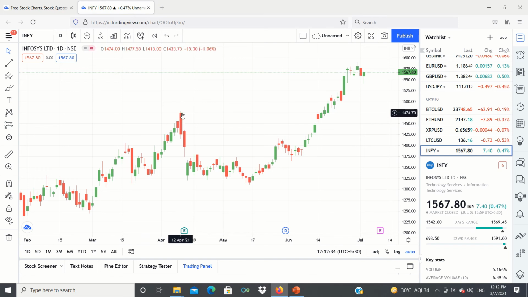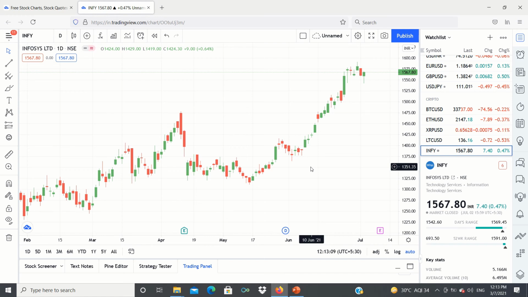Then again it made a high here, then another 2 red candles, again bearish, then some sideways movement here, then again it pulled up, then the red candles, then again from starting here it is almost bullish till this point except these 2 red candles. The reason why I'm talking about this elaborately is, as I said, this is for beginners, so I'm taking it slowly and trying to explain each candle and the pattern so that you can easily follow.